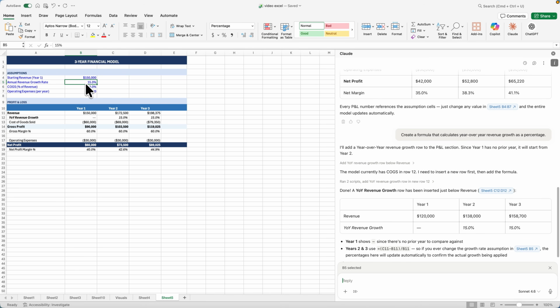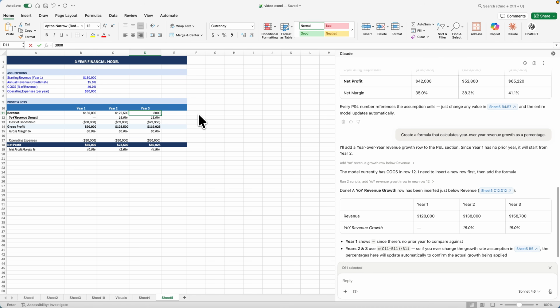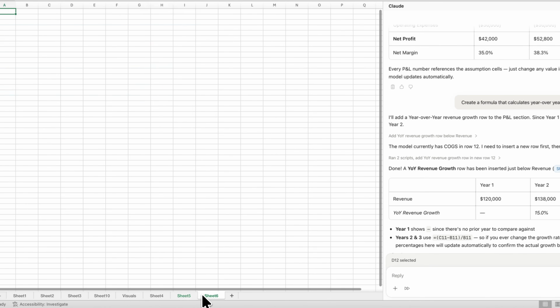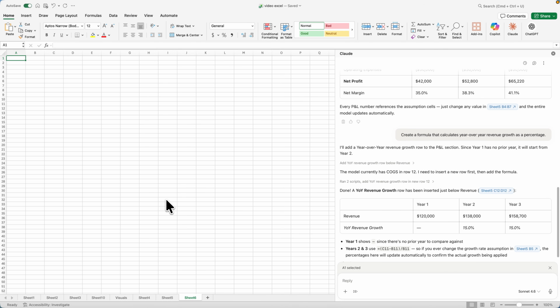rate, 15% set, so it's going to be 15%. But if I, for example, change this number to 300,000, it's going to change also the percentage. So this is how you can, let's say, add new formulas to your dataset as an example. And now we can move to the next example, which is analyzing files. So this is super useful if you get invoices, reports, statements, or lists that aren't in a spreadsheet